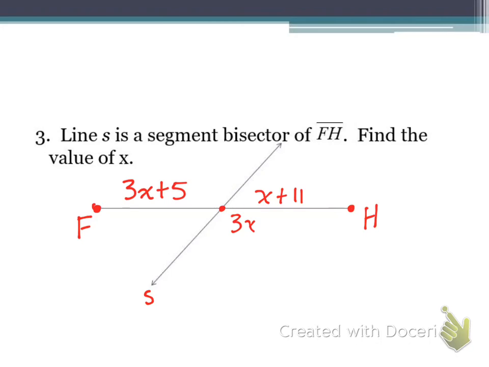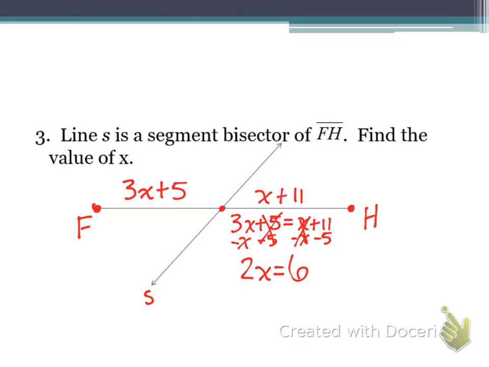So I can set up an equation that says 3x plus 5 is equal to x plus 11. If two things are congruent, you can set them equal to each other. Then we just need to solve. So I'm going to subtract x from both sides and subtract 5 from both sides. That gives me 2x equals